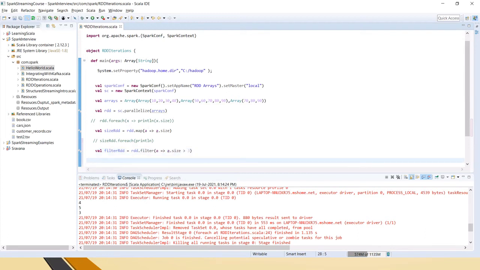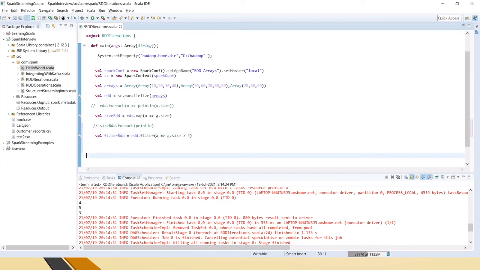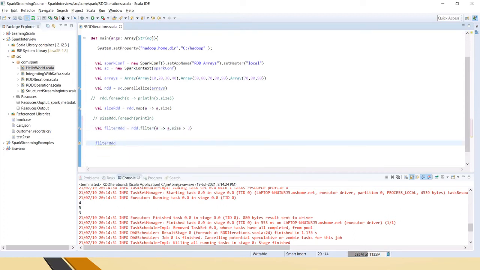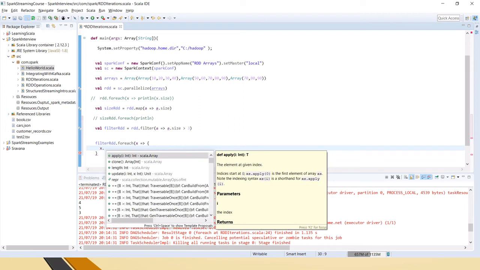Also I will show you how we can print this. Now we will have these 2 arrays, right? I hope you remember that when I gave just the println of x, it showed a garbage value. So now we will see how to print the array of array contents using the foreach transformation. In the foreach, inside this you have to have another foreach, because otherwise it will not allow you to print the original array elements.